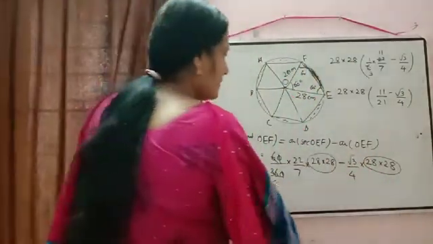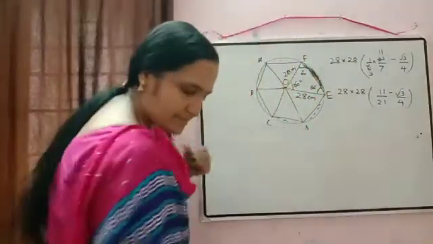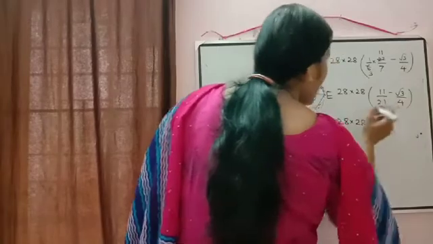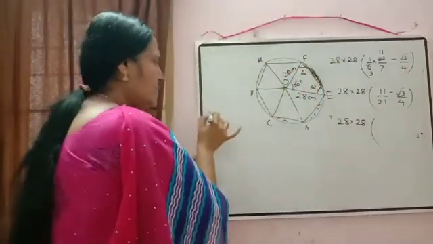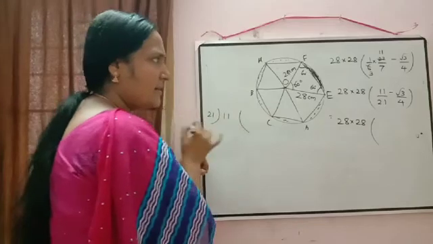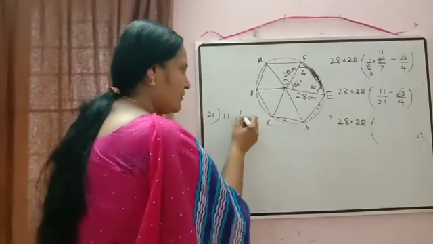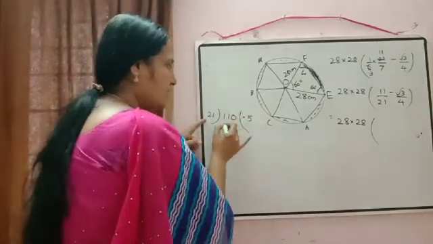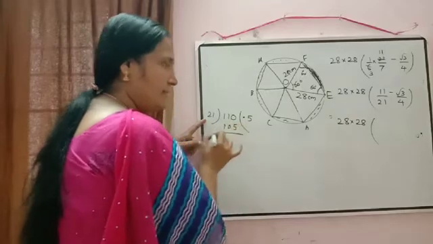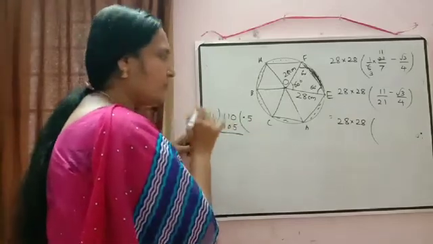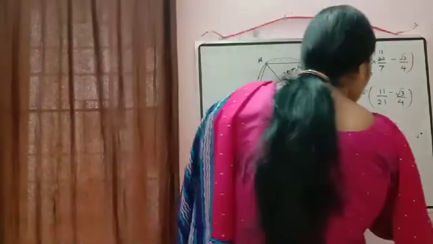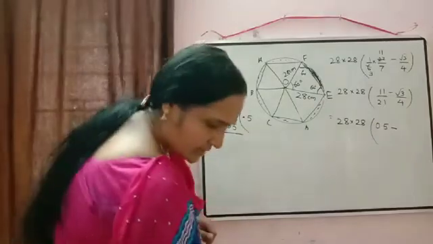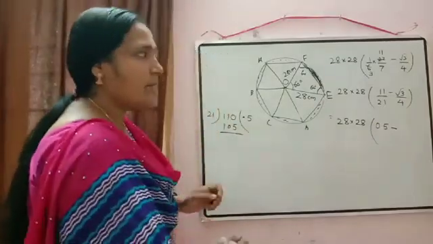Now how to make the calculation easy, that we can check here. 28 into 28 we will write down as it is there. Now 11 by 21, we'll just do the cancellation there. 21 and 11 is there. 11 is smaller than 21, then what we will do, we'll put a decimal there, then here 0 will come. 21 into 5, so that is equal to 110. So approximate we are getting here 0.5, correct? So here we will write this is equal to 0.5 minus root 3, already it is given. Take root 3 is equal to 1.7.